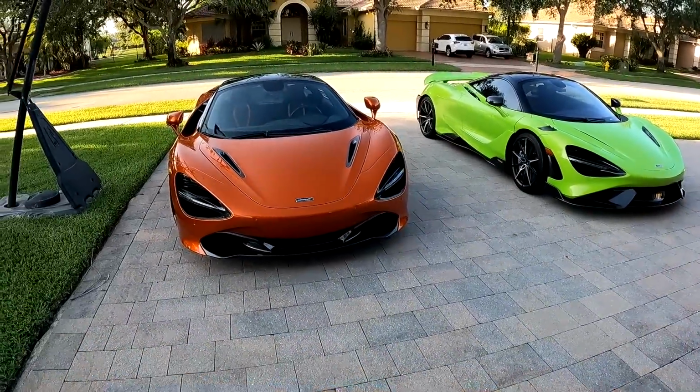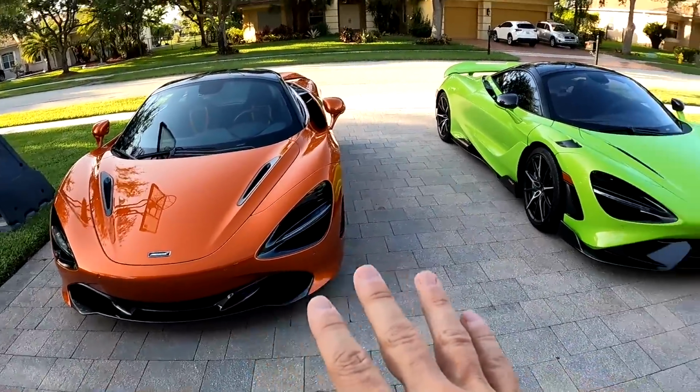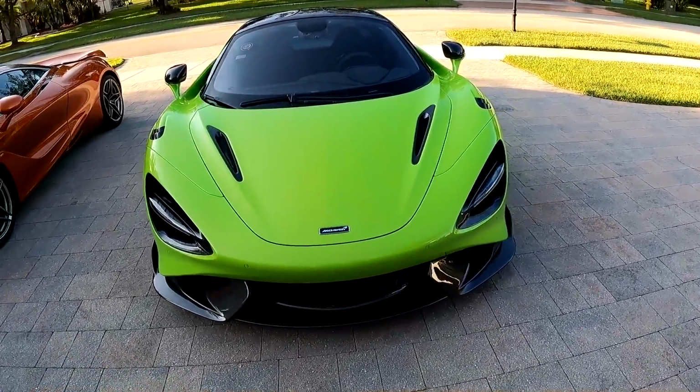Of course, we got Azores Orange. This car stickered at $331,000. Not a lot of options on this car. And I did the same thing with the 765 LT. This is Napier Green. Not a lot of options on this car. This car came out at